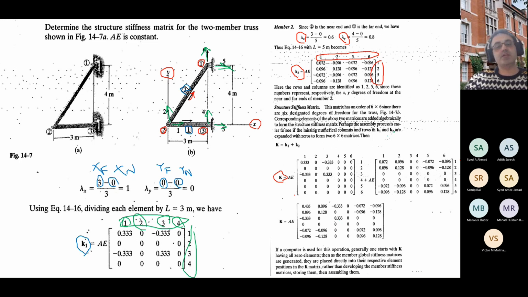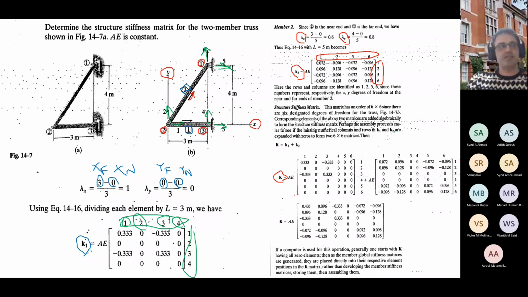For the whole structure, you just remember how many degrees of freedom you have. I have 3 nodes multiplied by 2, which means 6 degrees of freedom. I just write a 6 by 6 matrix full of zeros and try to replace the K1 and K2 matrices